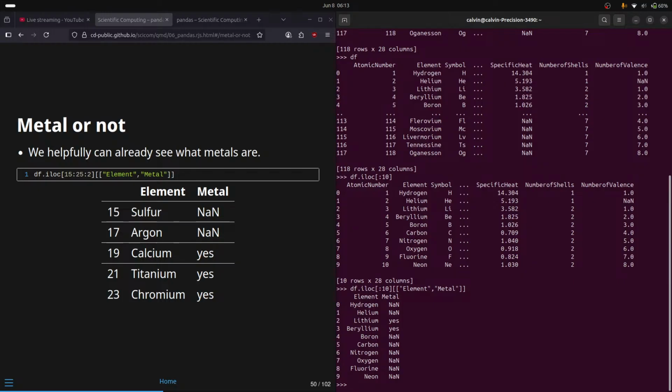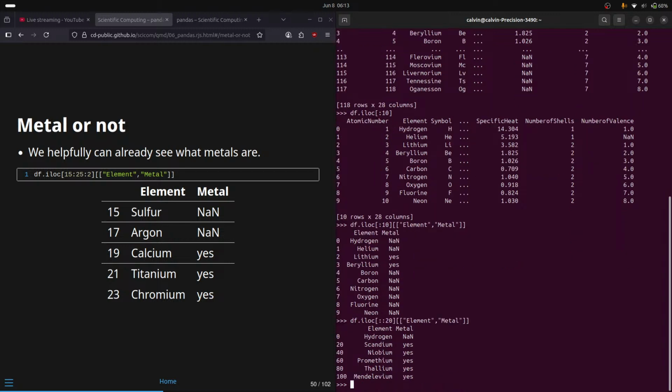Well, lithium's a metal. Lithium, as in lithium-ion batteries, for example. Beryllium is also a metal, and I think of beryllium as being the thing that gives emeralds their color, which kind of makes sense because I think iron gives the red color to rubies, so perhaps it is metals that cause gemstones to be colored. We can look at some other